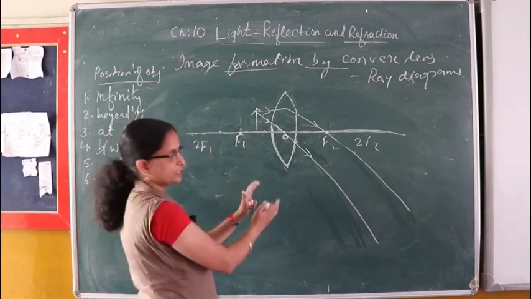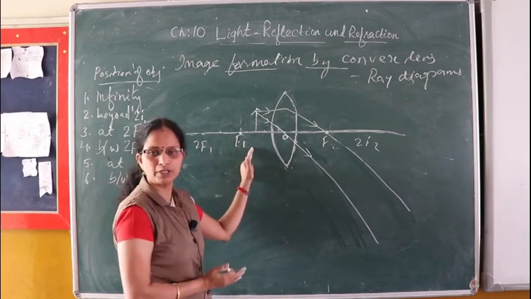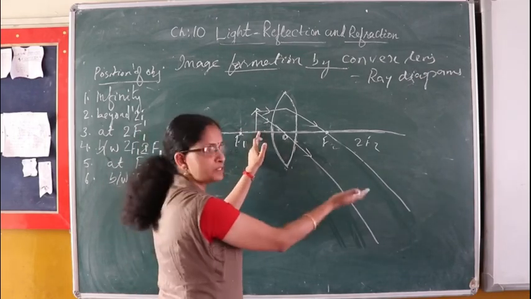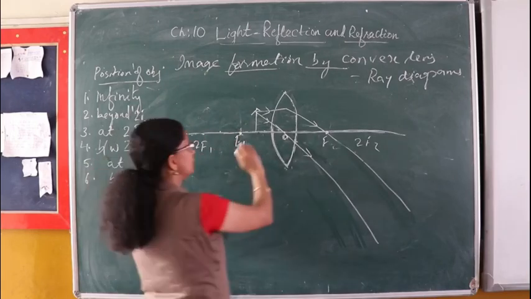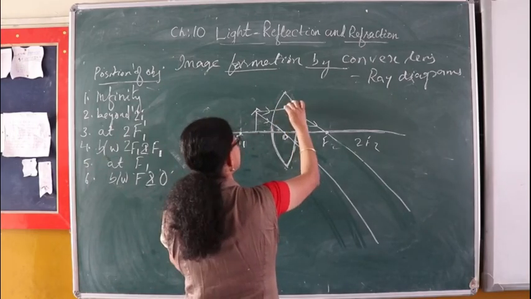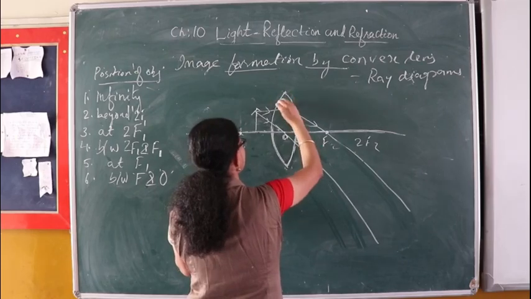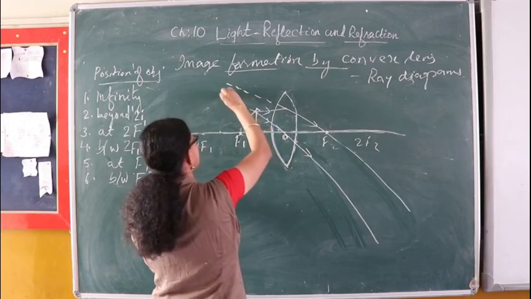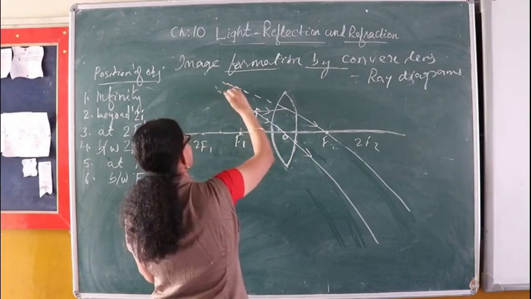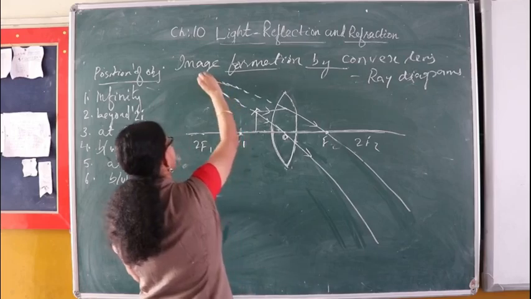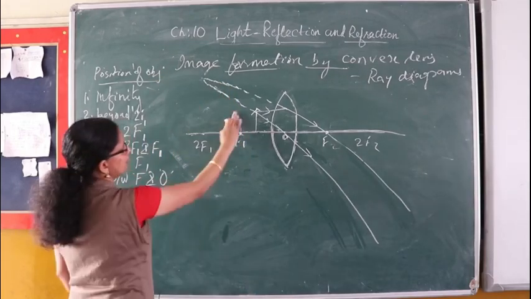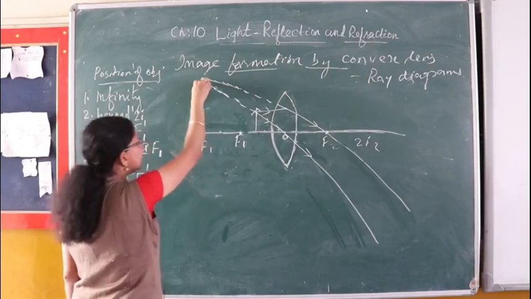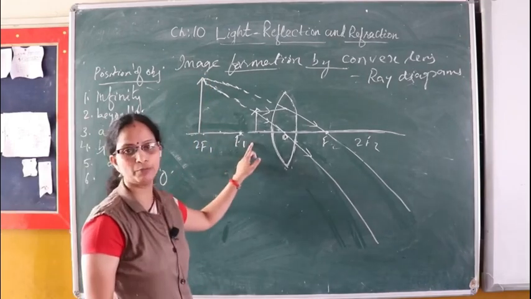Then we can see, in this case when the object is between optical center and principal focus, the image of this object is not formed on the opposite side, it is formed on the same side itself. We can understand that by extending back these refracted rays. When we extend them back, these rays appear to meet somewhere here on the same side of the lens.